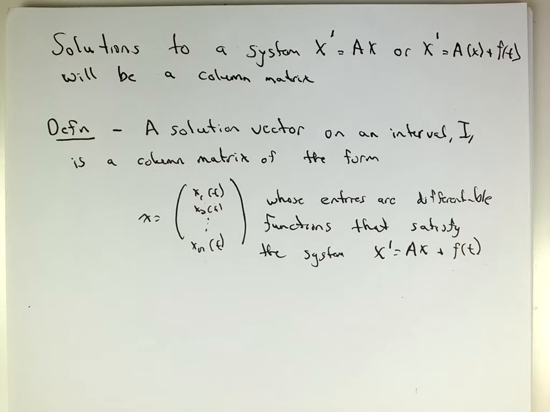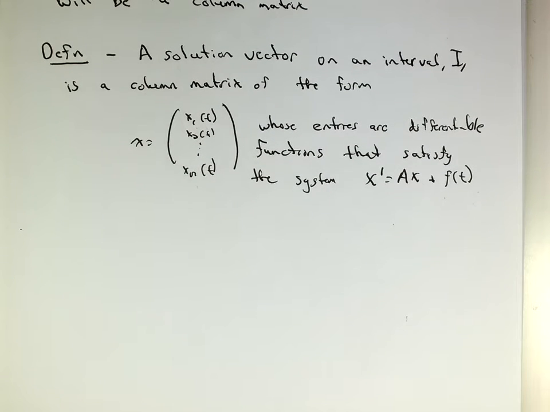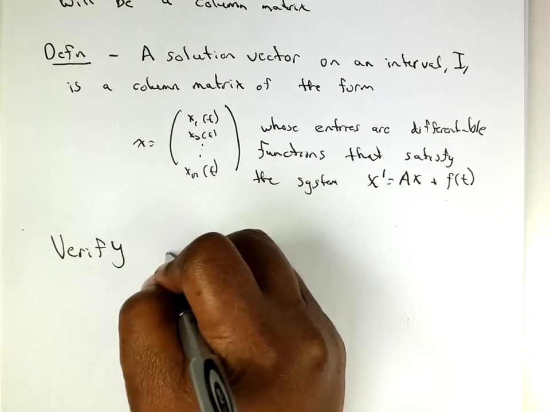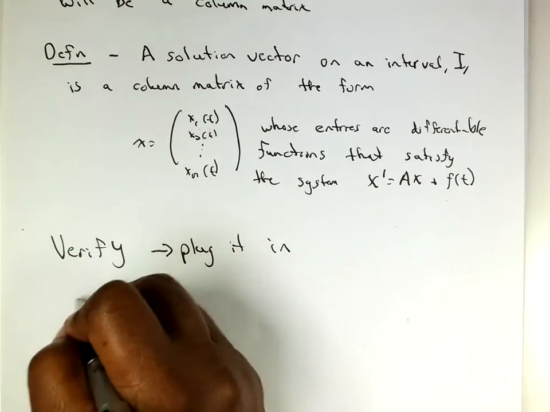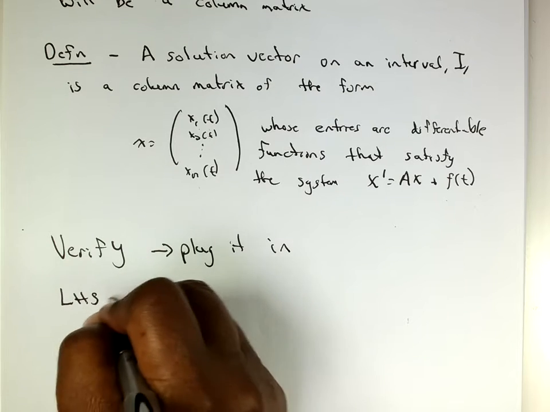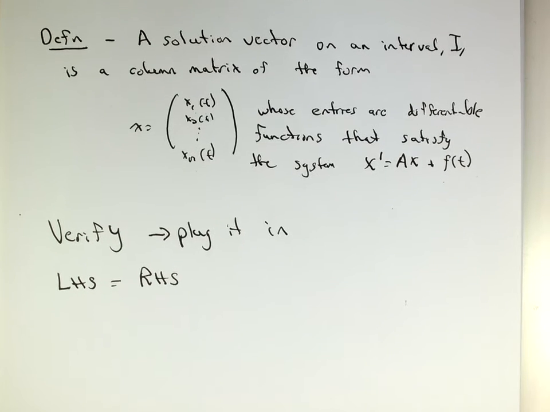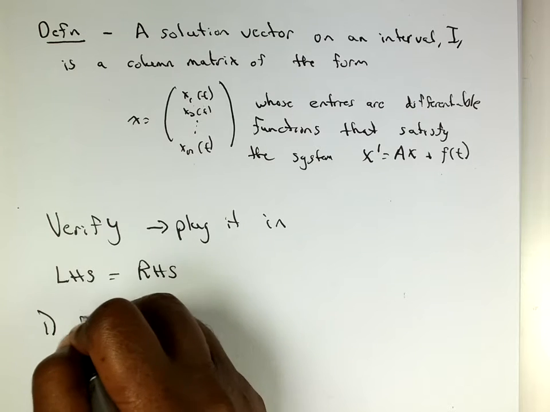So in this next part of the process, what we're going to do is actually being given the solution, and then we're going to verify that it actually is a solution. So given the system, verify it, and in order to verify it, we're just going to plug stuff in. And if the left-hand side equals the right-hand side, then we know that it is a solution for it. There's a couple things that we have to do, though, in order to do that. And one is we're going to have to find x prime ourselves,